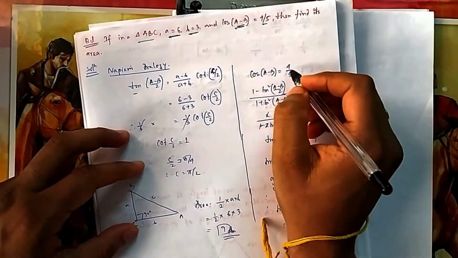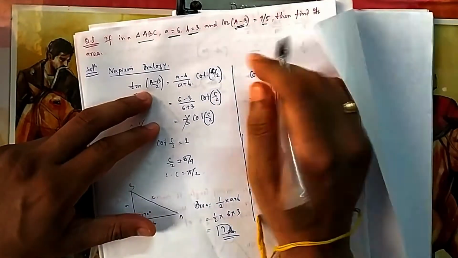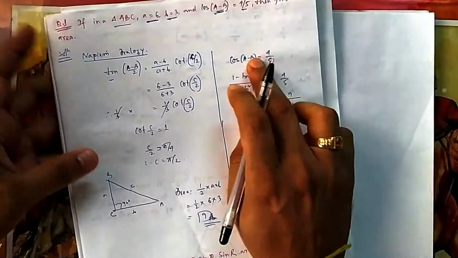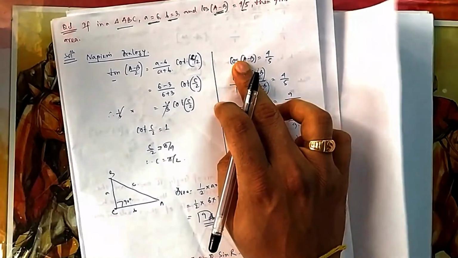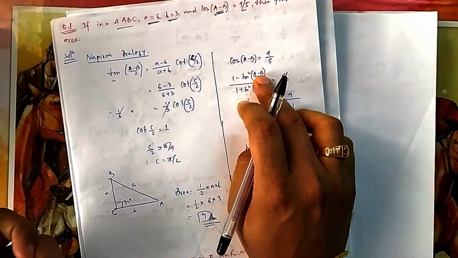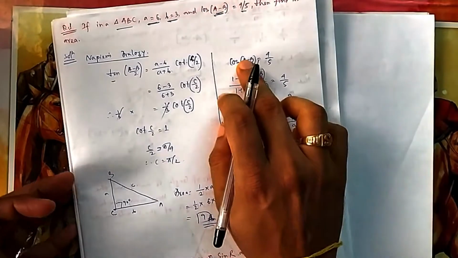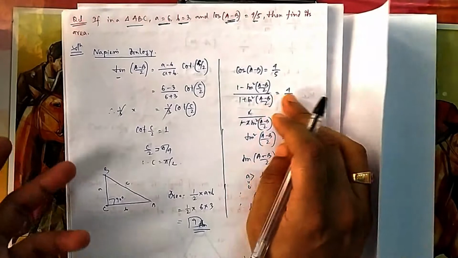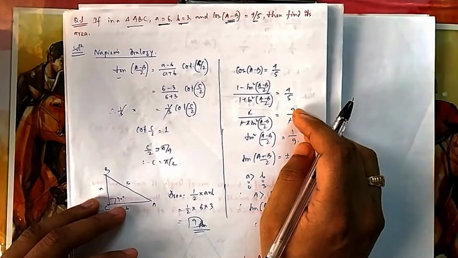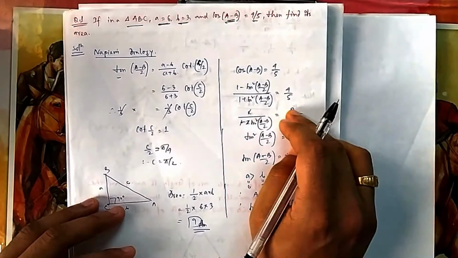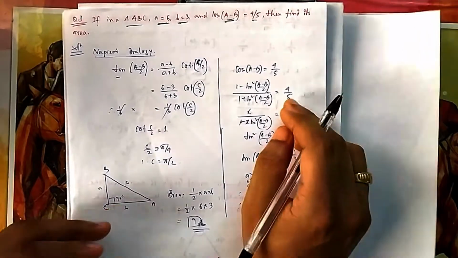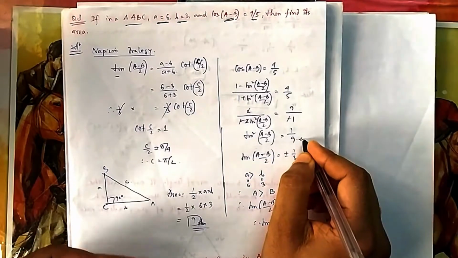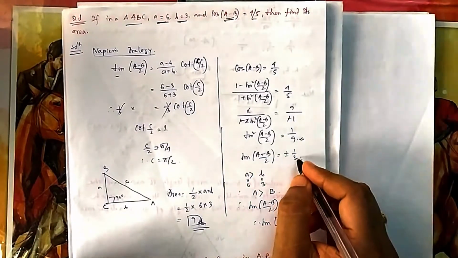Now tan((A minus B)/2) is not given to you, but cos is given. So from cos we can go easily to tan. How? cos(A minus B). Cos we can write in terms of tan: cos 2θ = (1 minus tan²θ)/(1 plus tan²θ). If it is 2θ, here it is θ, then θ by 2. Then if you do a little bit of side change here and there, I have done componendo and dividendo here, but no need to, you can cross multiply, take all the tan terms on one side, you will find tan² equal to this side, and finally tan equal to plus minus this side.